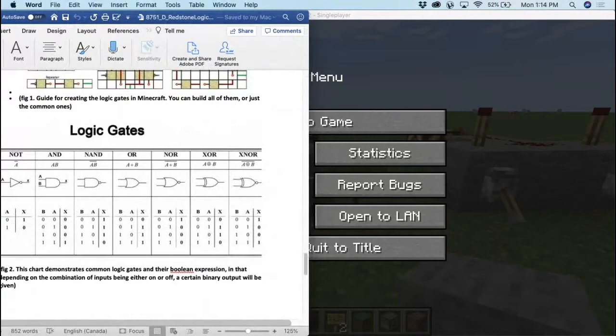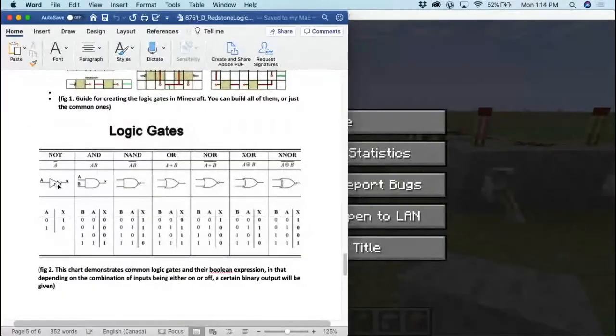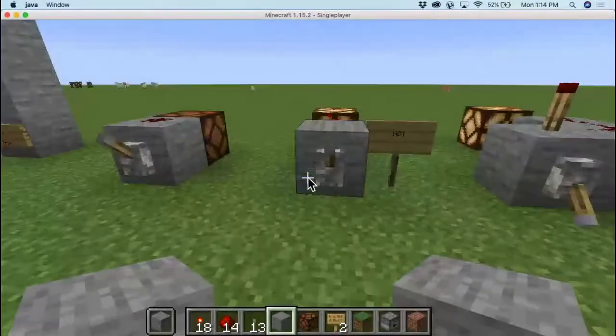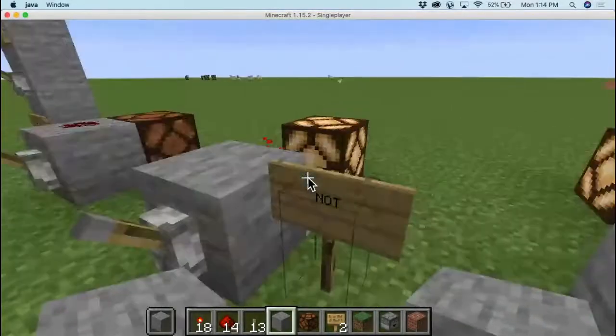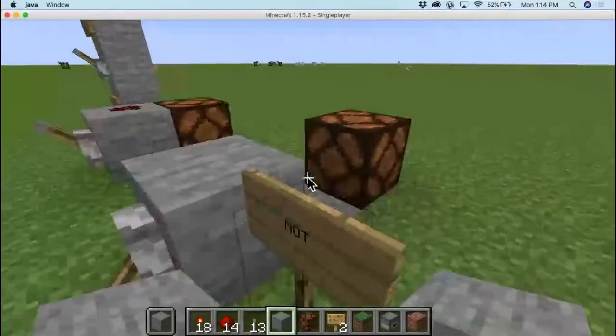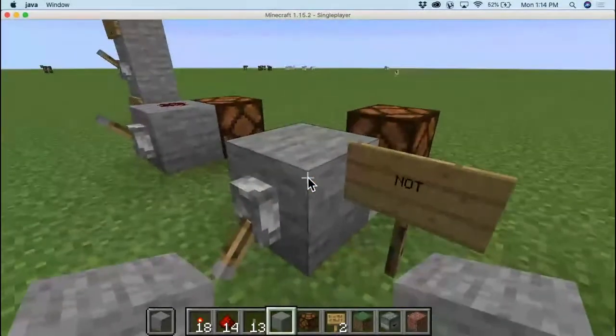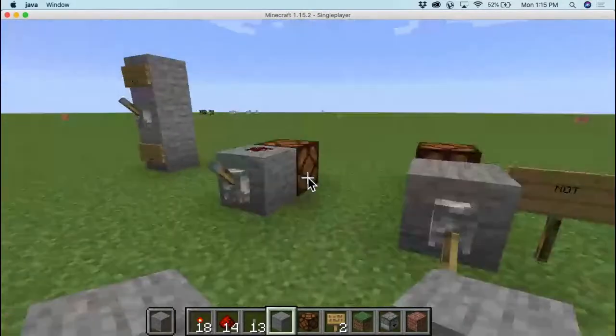You can see that for the NOT switch, when the input is off, the output is on. When the input is on, the output is off. It's very confusing with the lever because of this whole thing, but